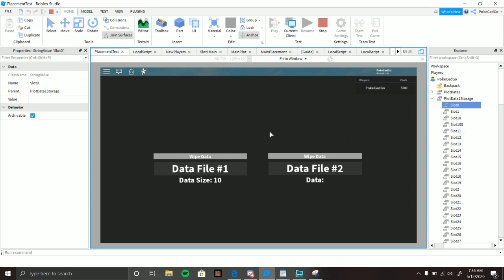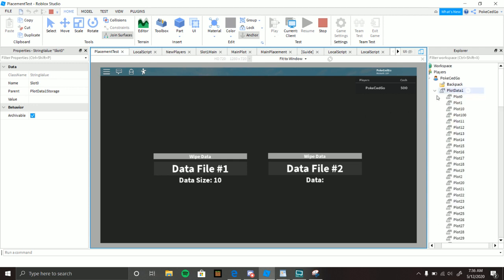So if I was placing furniture and I want to not use it and just put it in storage, I'll select one that hasn't been used yet, and it'll store the furniture name. It won't save the C frame, it'll just save the furniture name because you don't really need that since you didn't place it. It gets loaded into the storage scrolling frame, and then you can just click on it. Then you can go back to placing it, which once you place it, it'll